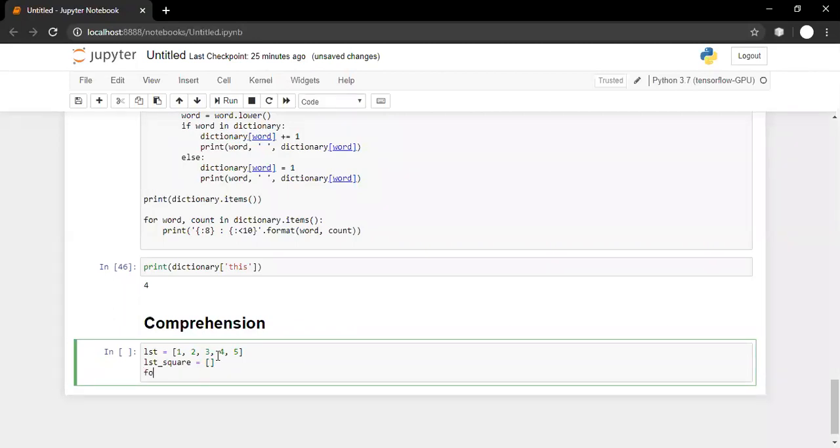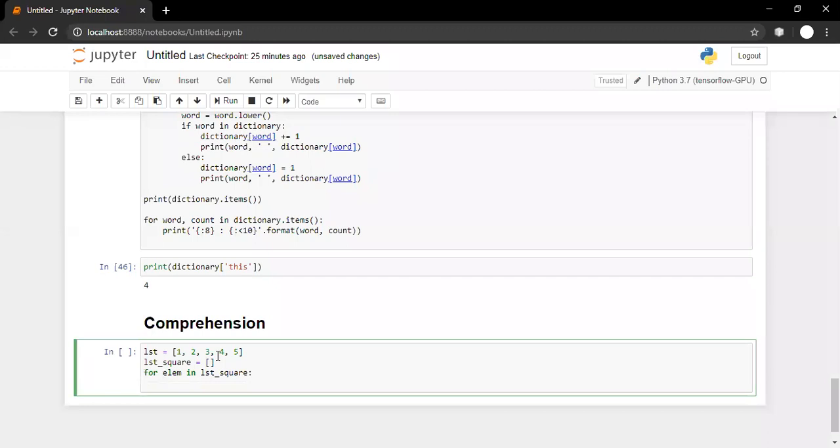How it works? For element in lst, this for loop will go to every element of the list one by one. And then we are doing lst_square.append.